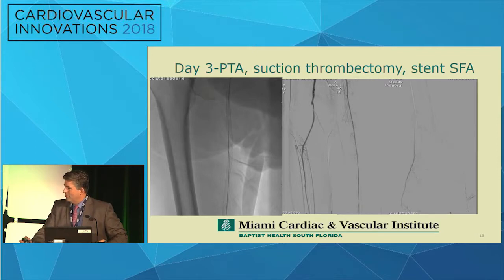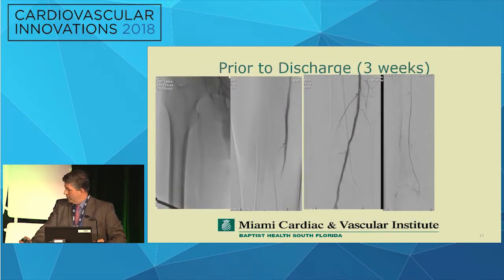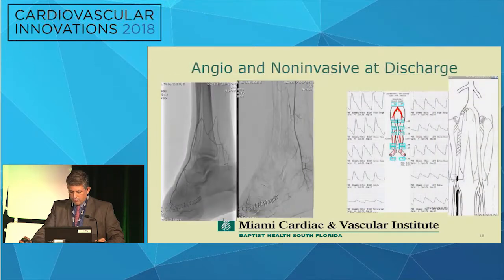Maybe this is not the right thing for this particular patient who's 59 years old. And again, going in here, you see stents in the SFA, lysis, we got flow, right? We did angioplasty, suction thrombectomy, everything we needed to do to create that single vessel runoff. Patient ended up getting their transmet, which we knew they were going to get. On the way out the door, we said, let's make sure this is going okay. You can see single vessel runoff, you can see what was going into the foot, you can see what the non-invasive looked like.